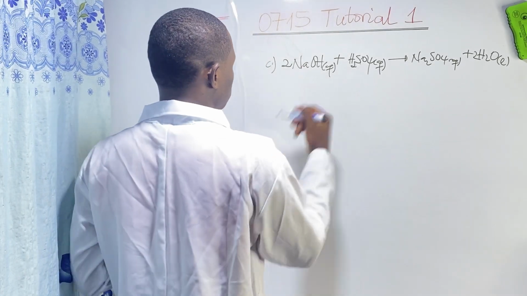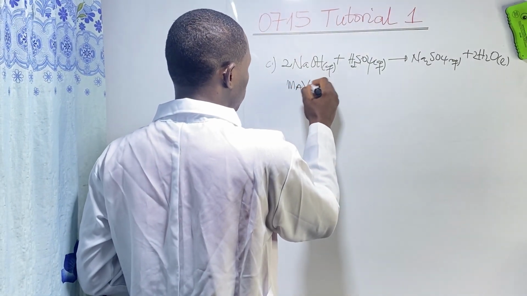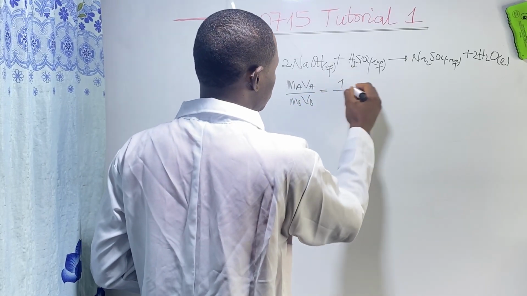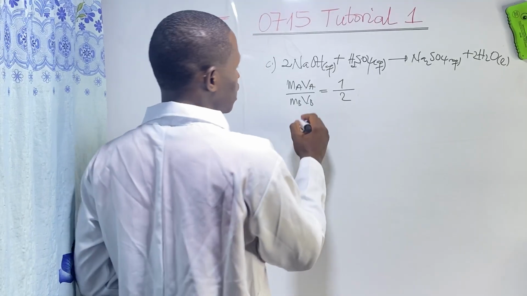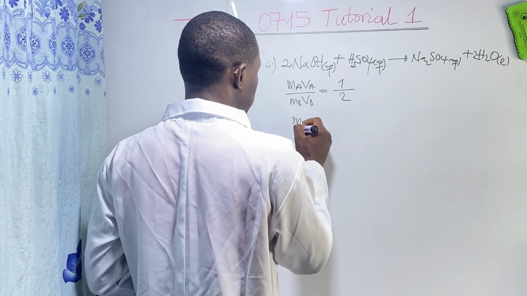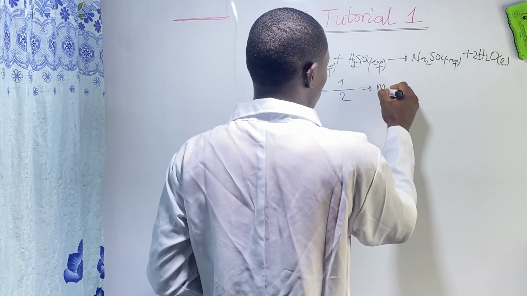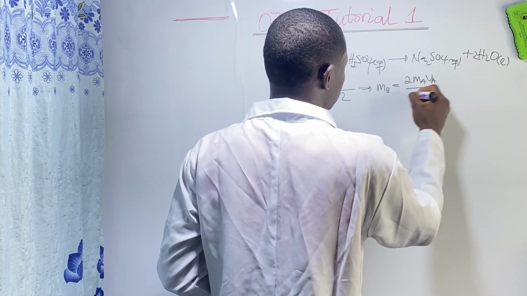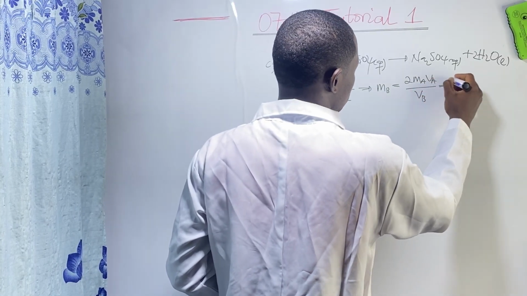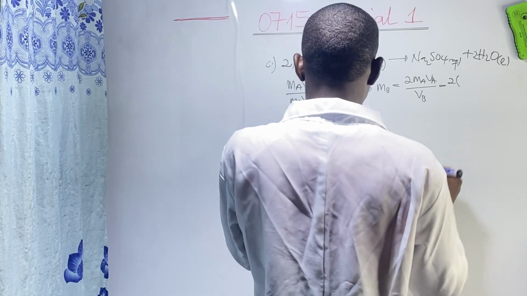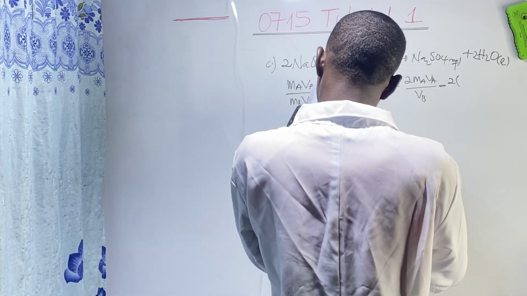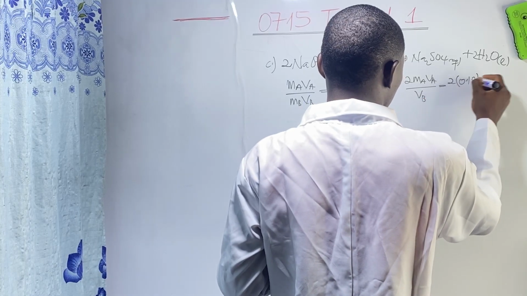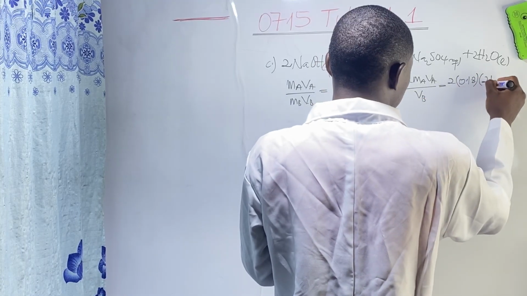So we have molarity of acid, volume of acid on molarity of base, volume of base. Acid number 1, base number 2. You want the molarity of the base. Molarity of the base equals 2 times molarity of acid, volume of acid on volume of base. The molarity of the acid is given to us: 0.18. Volume of acid is 21.6, all over